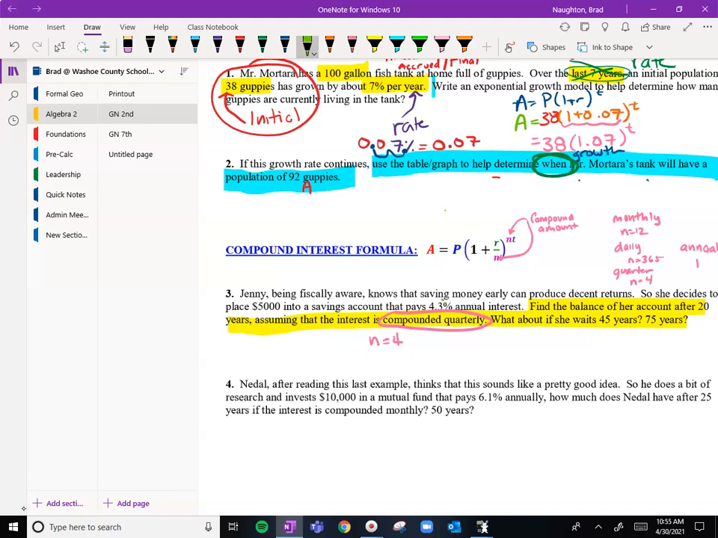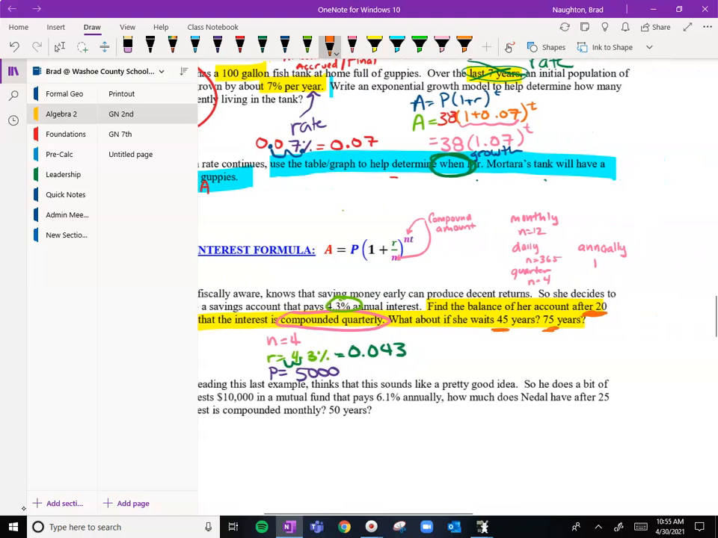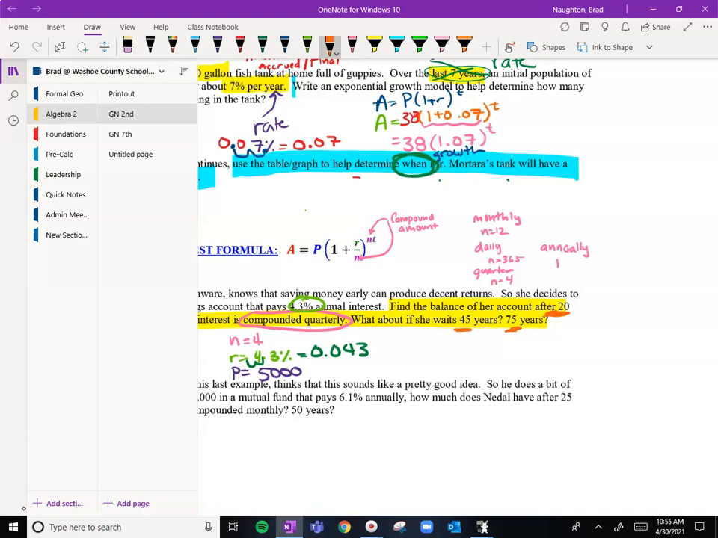So it says interest. We see our interest here is 4.3%. We're going to move our decimal 2 places, so that's going to be 0.043. My initial that I'm going to be investing, my principal, is $5,000. And so we're going to do this again. We have 3 different times. So I have a time for 20 years, 45 years, and 75 years. So let's first do 20. So 20 years